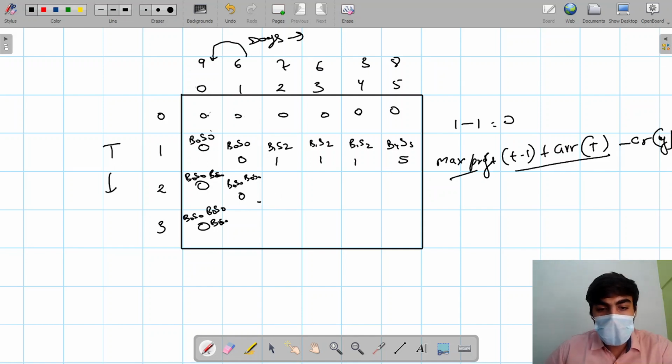Now come to that point. First option is we are taking it as it is, or we are calculating for the previous one. So by doing that, 6 minus 7 we get minus 1... 6 minus 7 we get 1, 0 plus 1, 1. 6 minus 9 we get minus 2, 0 plus minus 2, which is minus 2. So which one is greater, 1, 0 or minus 2? 1 is greater, so we are taking 1 here. Here I am writing 1. Buy at 0, sell at 0, buy at 1, sell at 2.